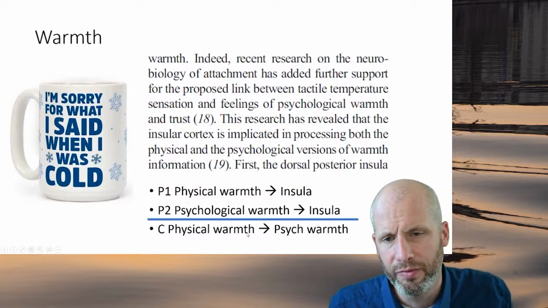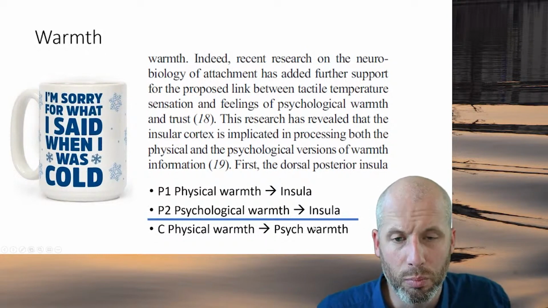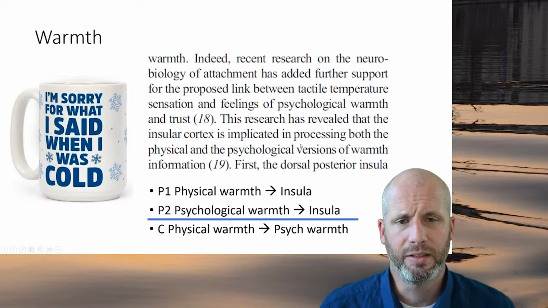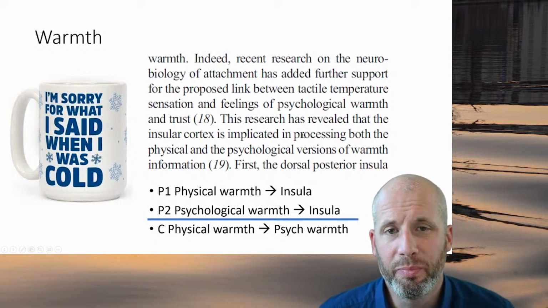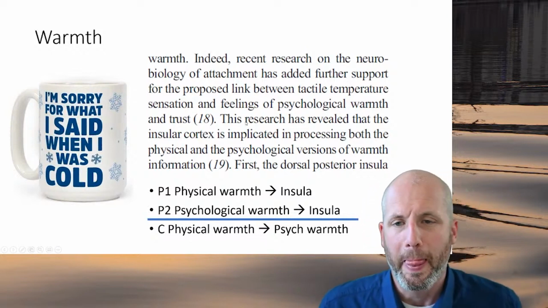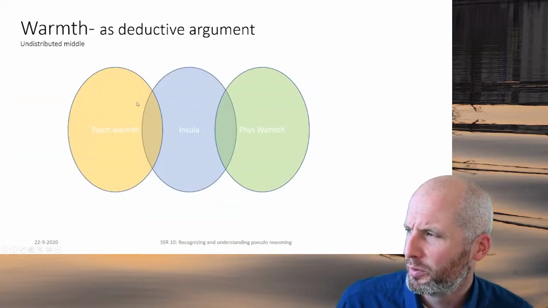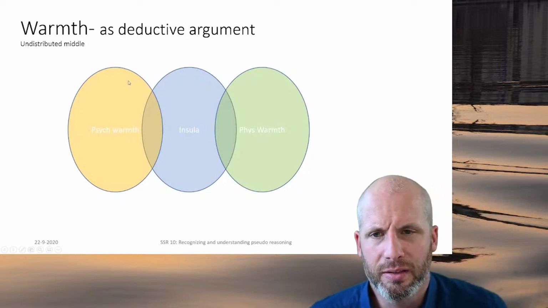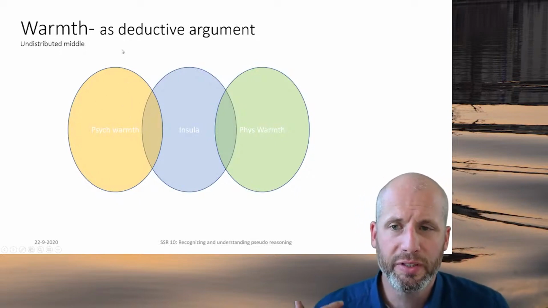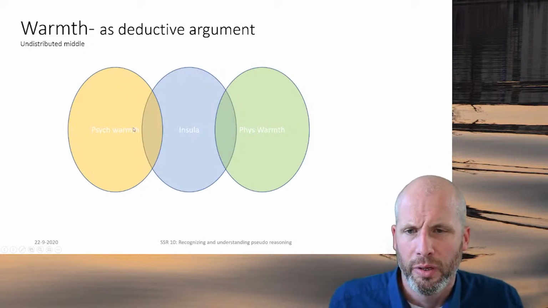Does that mean that physical warmth necessarily means that also psychological warmth is taking place? If we consider this as a deductive argument, what fallacy do you recognize? Probably won't recognize any of them because it isn't described in the book. So I'm just going to give this one away. If you view this argument, as I just showed you, as a deductive argument, you would call this the fallacy of the undistributed middle. And the reason why it's called the undistributed middle is because if you would